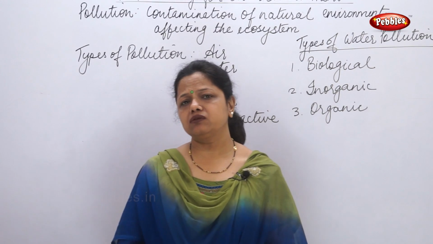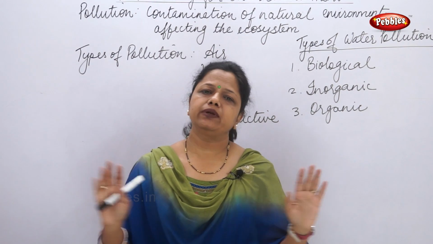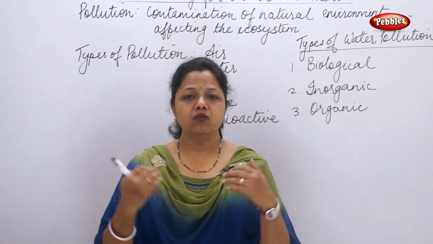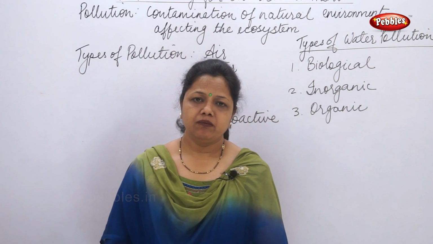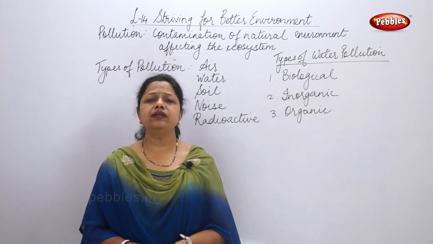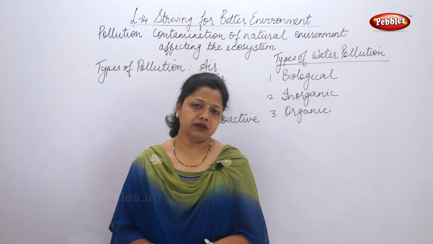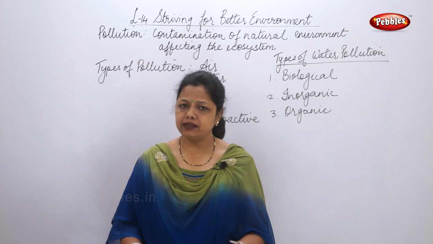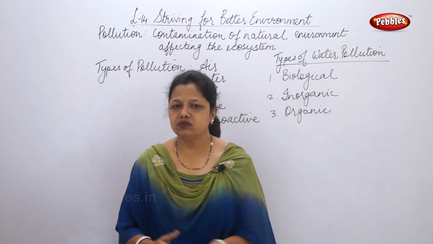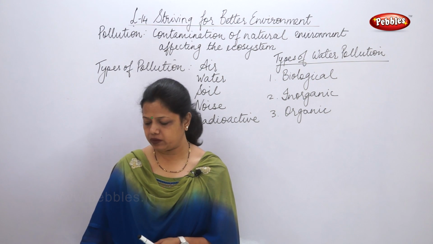What can be the sources of water pollution? From where are these pollutants entering? The sources can be two. First is natural, second is man-made. Obviously, the more responsible is man. But what can be the natural reasons of water pollution? Due to heavy rainfall or landslide or sandstorm or any other natural thing, natural eruptions, anything that happens, they can get mixed with the water. And this is happening naturally. That is why we call it a natural source of water pollution.